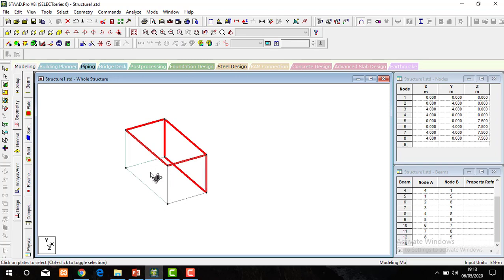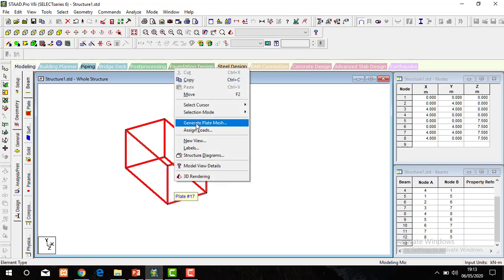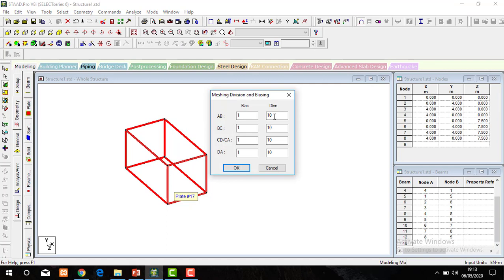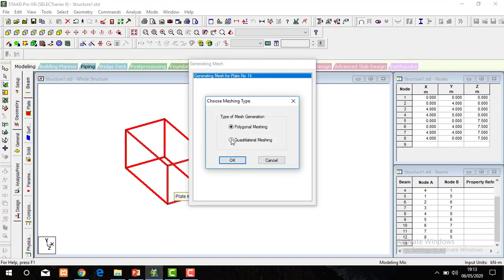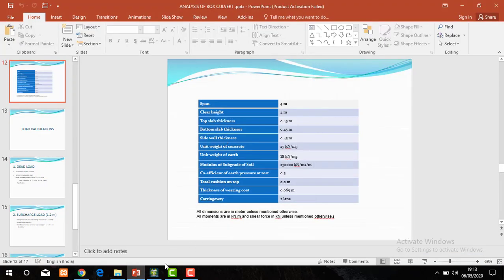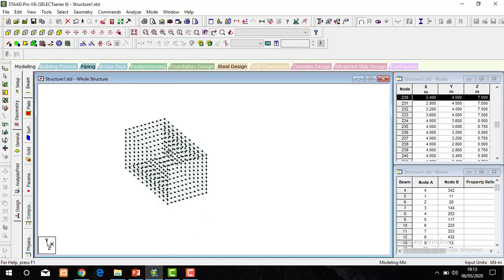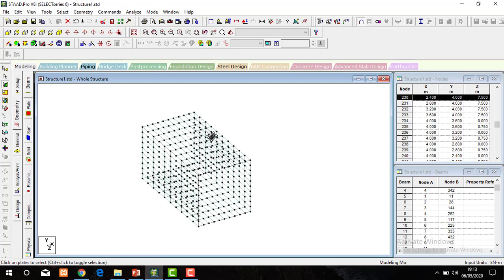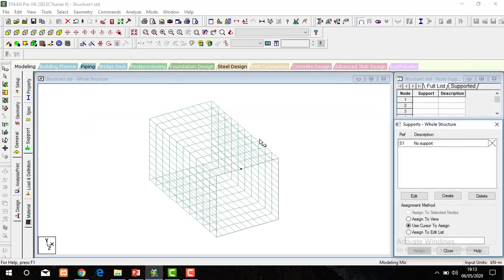Select the plates. Generate plate mesh. Taking divisions 10. Okay. It is quadrilateral. Okay. That is created.